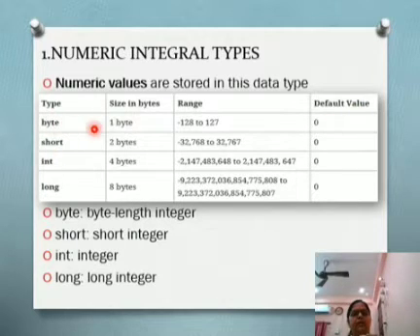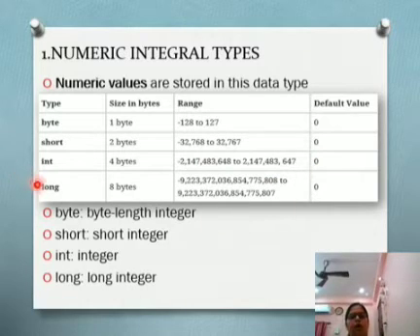In byte, the size is 1 byte and its range is -128 to 127. Its default value is 0. In short, the size is 2 bytes and the range is this, and it also has a default value of 0. In int, the size is 4 bytes and its range is this, and its default value is also 0.